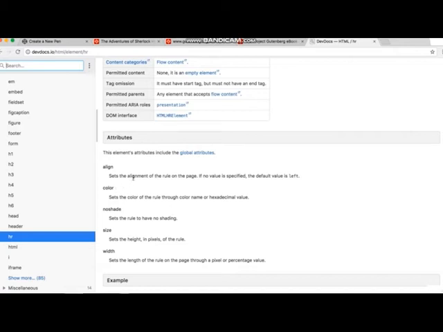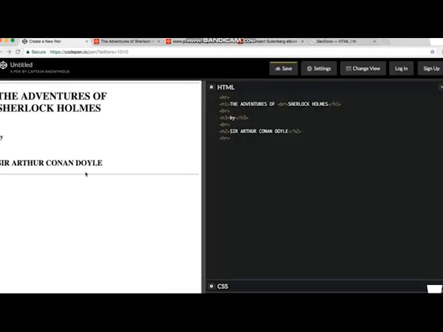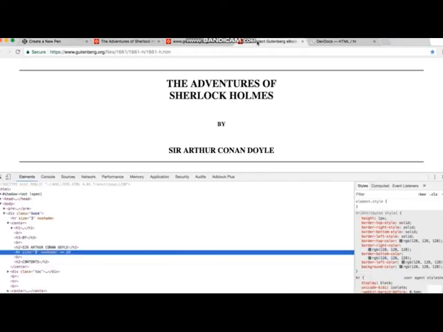In this case, the horizontal rule element has quite a few attributes, including align, so you can specify whether you want your horizontal line to align to the left, align to the right, or be centered. You can specify the color of the horizontal rule. The reason their horizontal rule looks different to ours is that ours is by default only 1 pixel high, whereas theirs, if you inspect the HTML, is 3 pixels in height, and they have also specified no shade, that is, no shading to the horizontal rule.